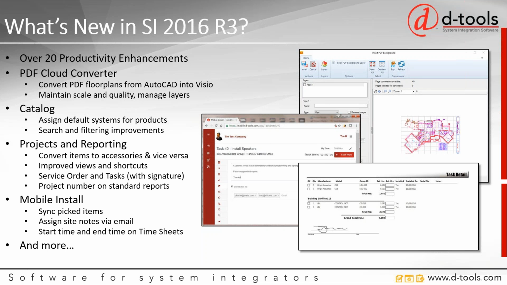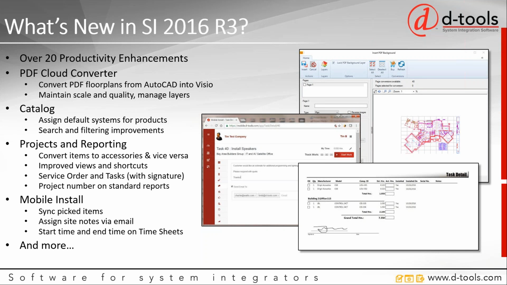As you're familiar, if you've worked with us in the past, our releases tend to have a number of very significant new features and then a number of productivity enhancements. So some that we're going to be touching on today are going to range from improvements in the catalog, improvements in projects and reporting. We've added some additional features and productivity enhancements to mobile install,